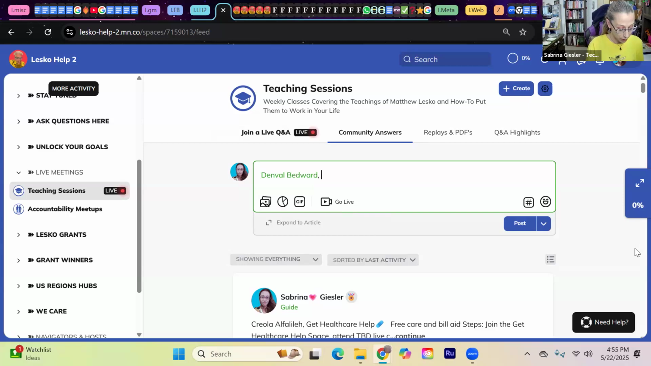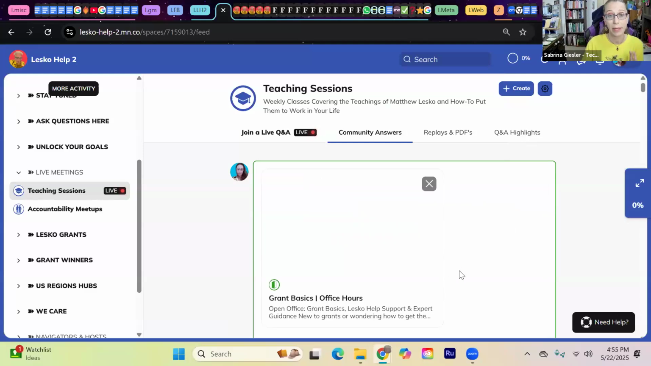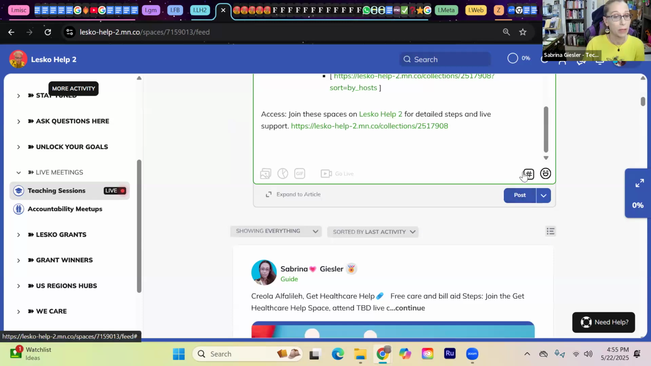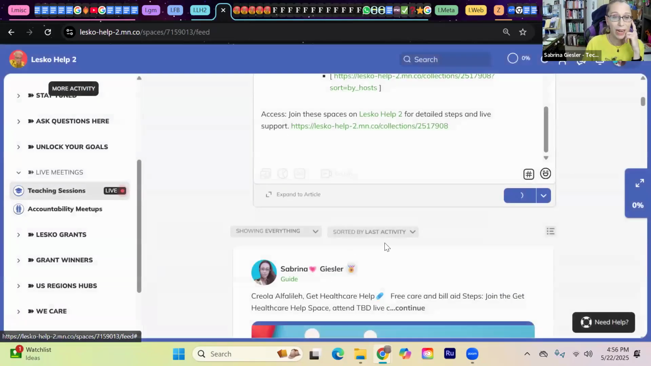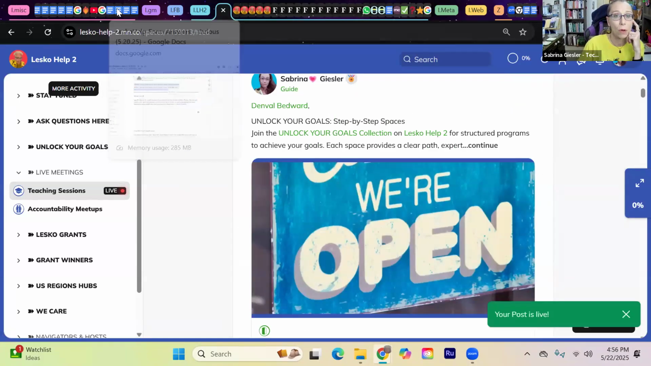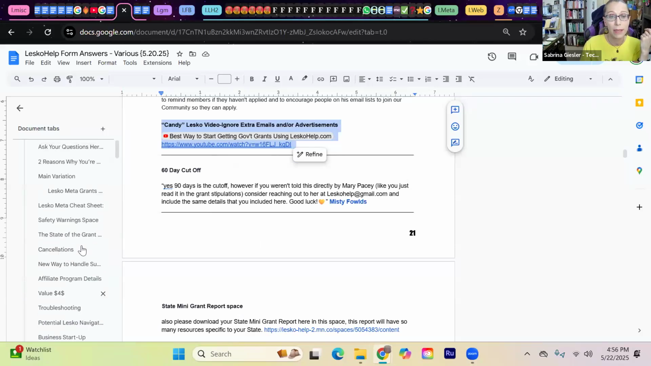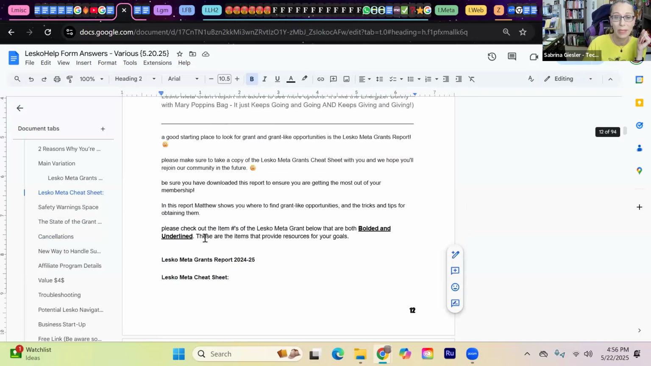Okay, and so this is all of the Unlock Your Goals because it has business and the Get Healthcare Help. We don't have the home repair in there. That's about the only thing generally that we have a lot of material coming for. I know what I'll do. I hardly ever use this piece, so I almost forgot I had it. I'll get you the Lesko Meta Grants cheat sheet, and that will give you an overview of the Meta Grants report for anything that isn't covered in the Unlock Your Goals space yet. We're working on it. We'll get there, but it's going to take, I would guess, anywhere from 6 months to a year for us to fully